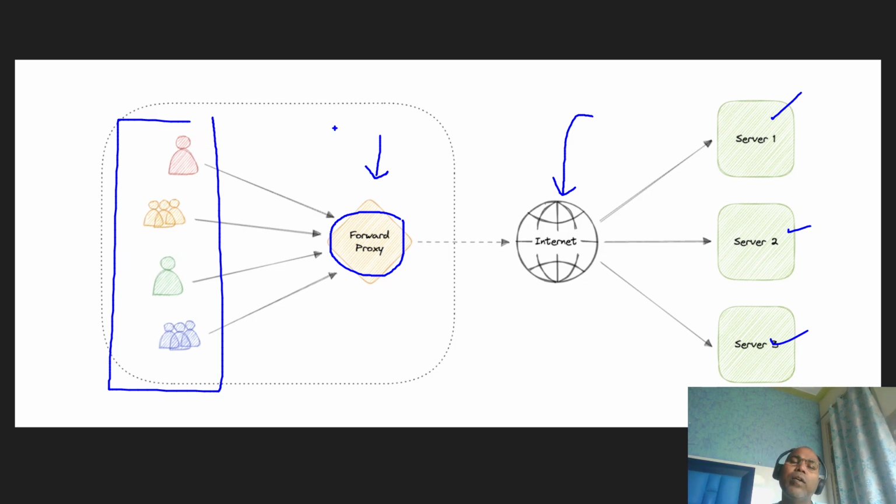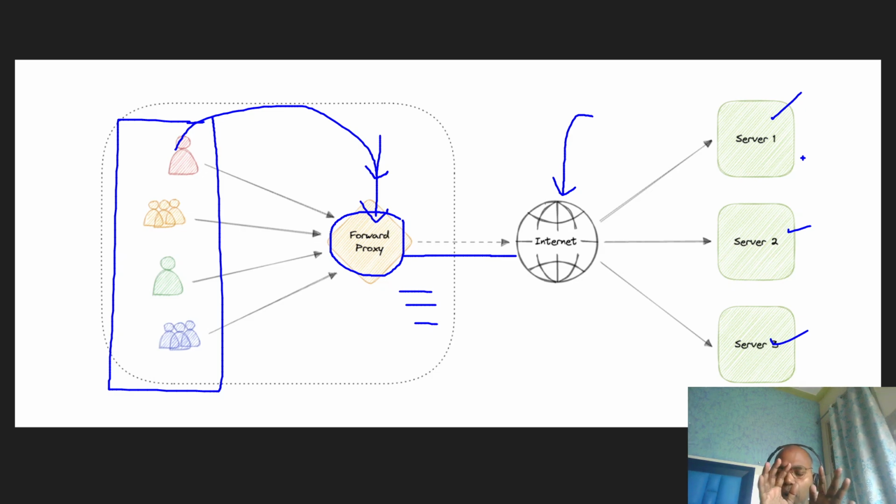So in many organizations you find there are some restrictions. Hey, this website you cannot access. There are some illegal websites which are not allowed to be accessed within the company networks. So here, instead of allowing every employee to access the internet directly, the company says every request first goes to the company proxy server, and the proxy server checks your request. Is your request for a valid application, valid URL, valid internet service? Then the company proxy allows you to route your call to the specific website or URL you want.